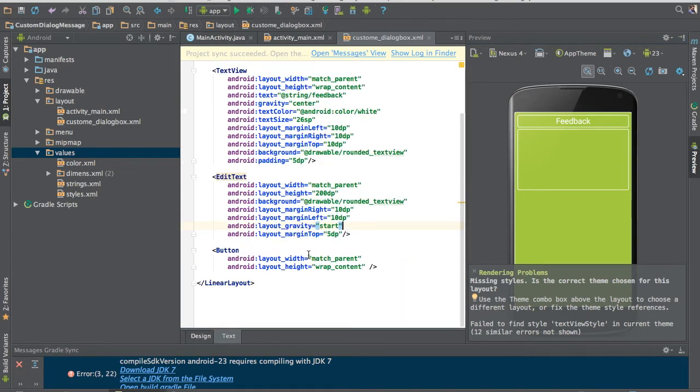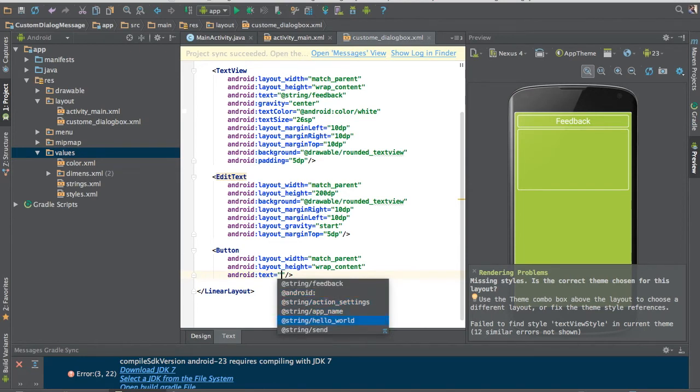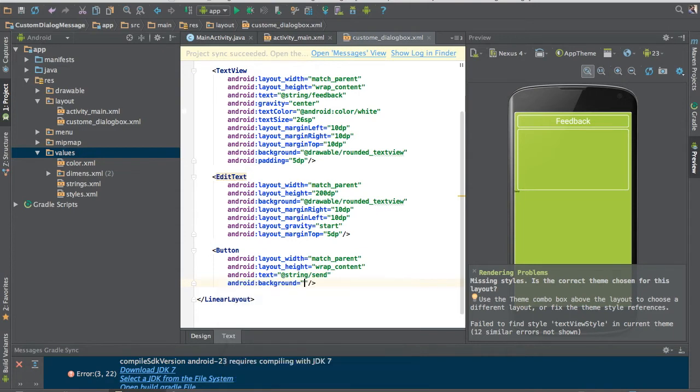Okay. Let me go for the button now. Yeah, and then let me put some text here. Text should be send. And then what you're gonna do, you're gonna put the background as drawable, and it should be rounded edit